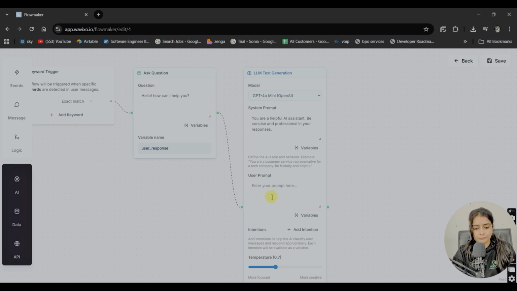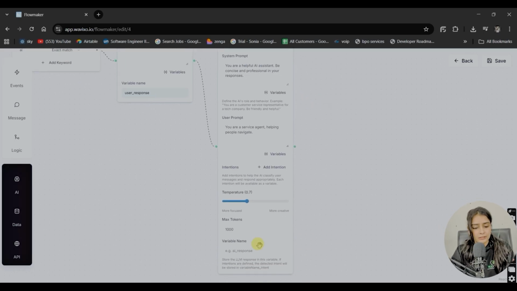Okay, now let's give system prompt. Let's keep the system prompt same. If you want, you can change it. And for user prompt, write something like you are a service agent helping people navigate. Set the variable name as AI response.